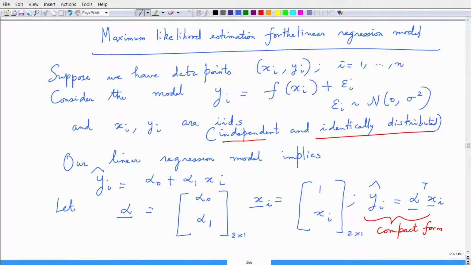A small detail before we end this slide. We have these pairs xi, yi, and those pairs are IIDs, that is, I take x1 y1, I take x2 y2, I take x3 y3, pairwise they are independent and identically distributed, and that is the distinguishing thing, and you need to write this within the braces.